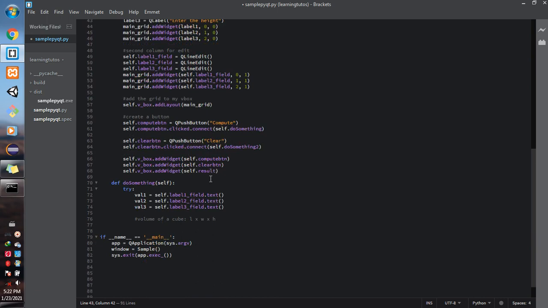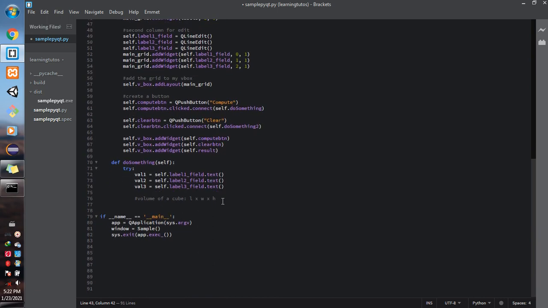Okay, so that's how it's going to be. So let me even change it. This will be length, this will be width, and this will be height. Okay, so basically now all I need to do is write my logic, which is I need the volume, right? So I'm going to say volume is equal to